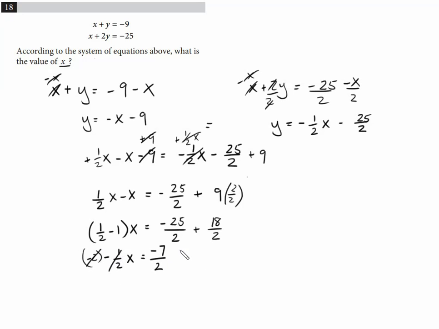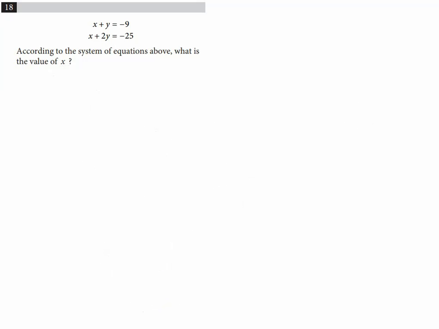That cancels out, times -2. Let's pay attention to the signs. Negative times a negative is a positive, and now the 2's cancel out. X equals 7. And that's your answer. So that was the long way. Let me show you